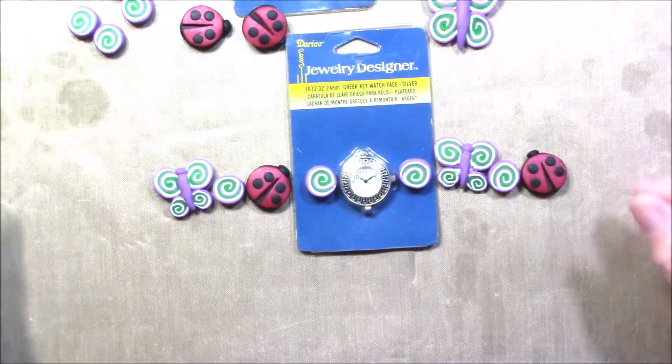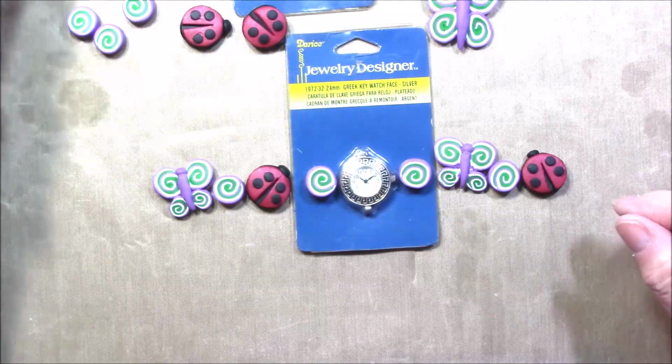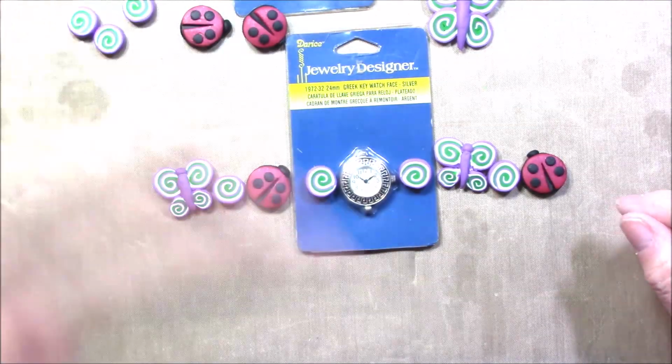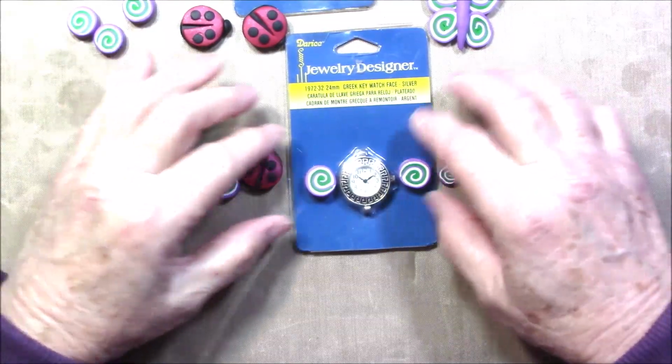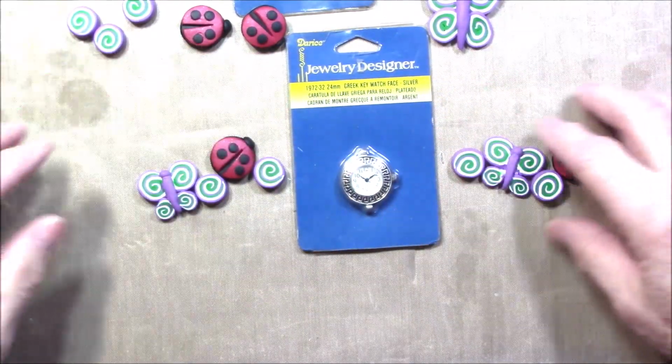There's so many different things you can do. And I don't really know right now what I'm going to do with them. So I'm just going to leave these as they are. Or I could